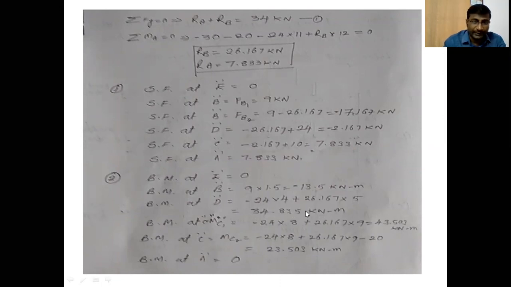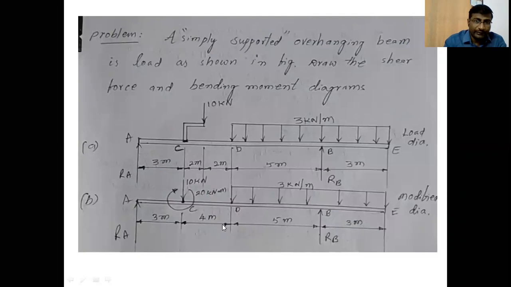34.835. It is a positive value, positive bending moment. Next, bending moment at point C. Here also we calculate 2 times the bending moment. Why? Because wherever a couple or moment is developed at that point, we have to consider 2 times